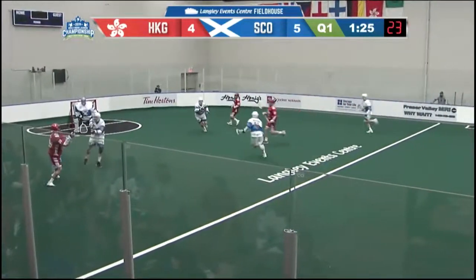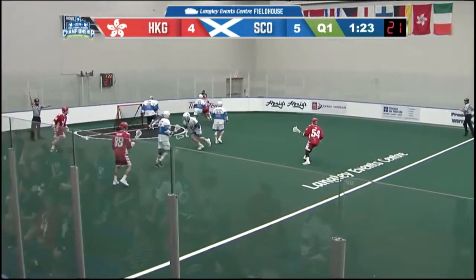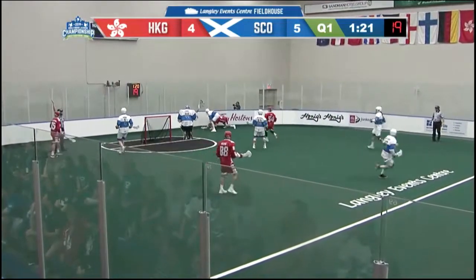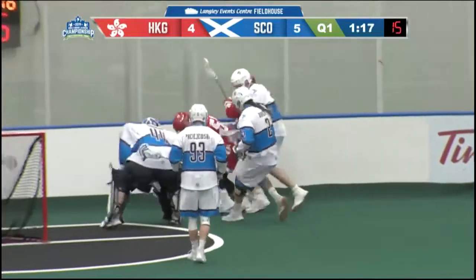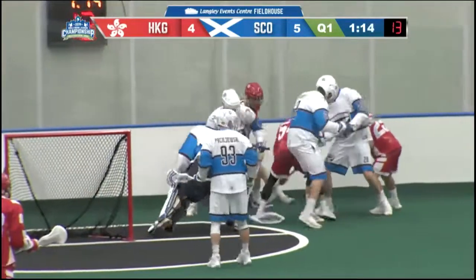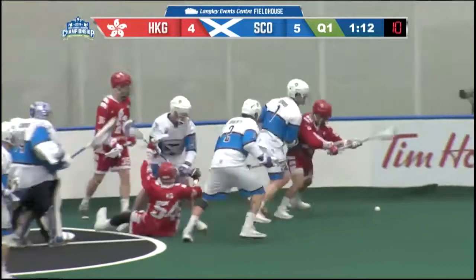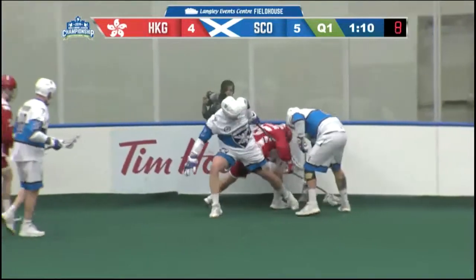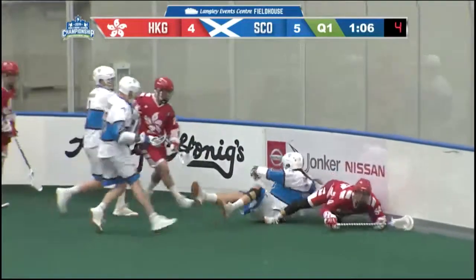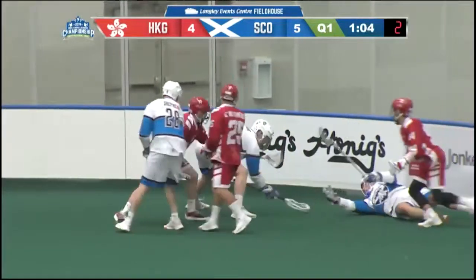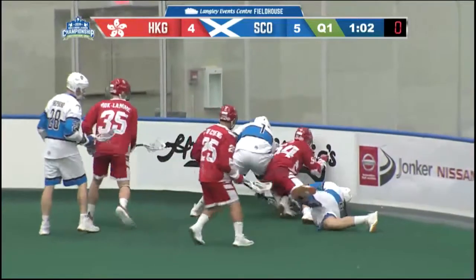As Hong Kong heads back down the floor, Jordan Shane Wong along the left side, tossing it in front, just about reeled in as he jumped up to get a piece of it. Chang in that right corner. Hong Kong still digging for the ball. A delayed penalty here to Team Scotland as Chow will hustle to the bench. 1:08 left in the quarter. 5-4, Hong Kong cutting Team Scotland's lead.